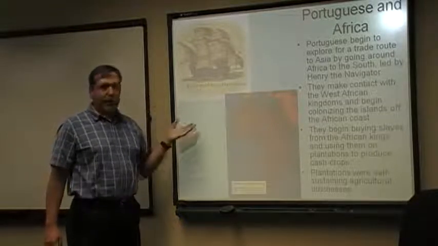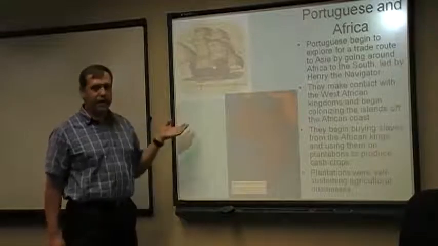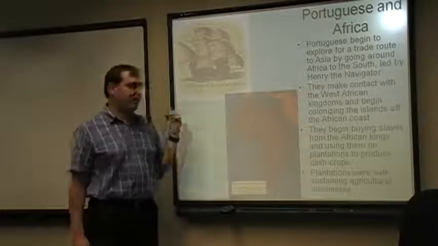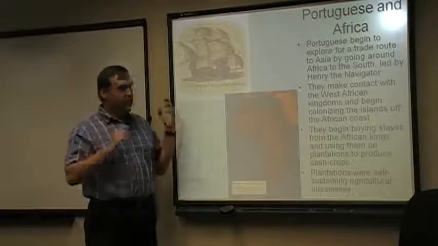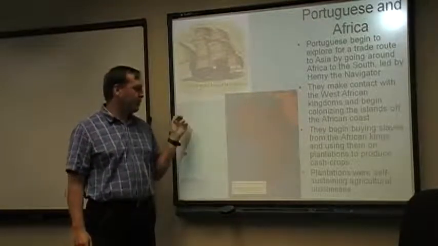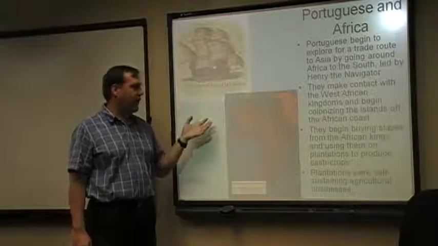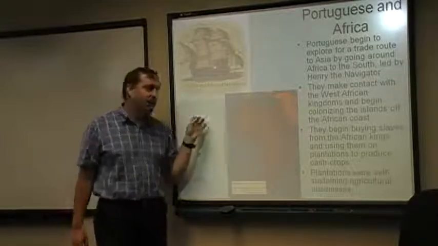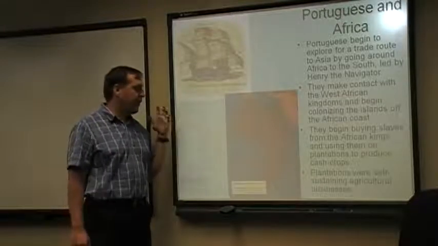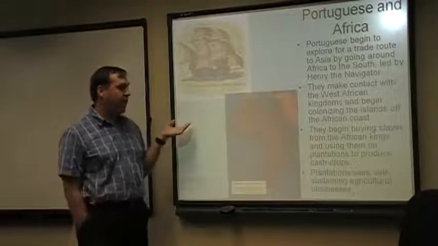And these West African kings, they realize that there are a few things, metal tools, firearms, some other things that the Europeans have that they would like to trade, and so they trade away, in many cases, these coastal or coastal island areas that the Portuguese begin to colonize. Now, the whole purpose, again, of these colonies was to produce food, to produce the supplies that they would need to keep their navy going.